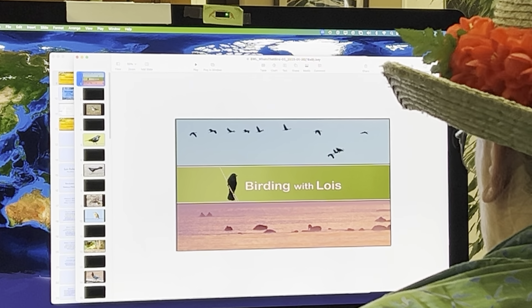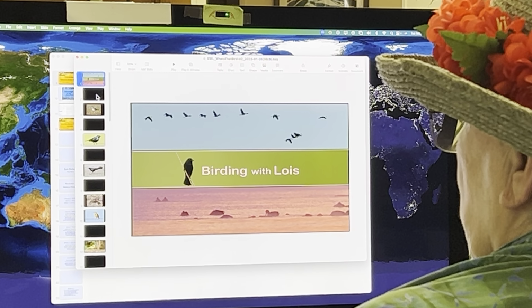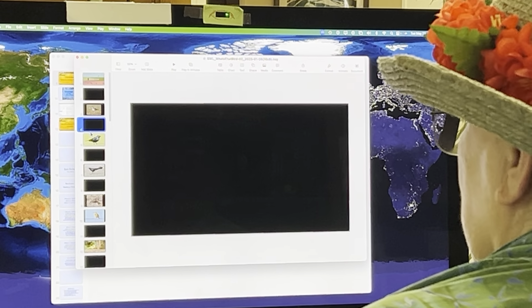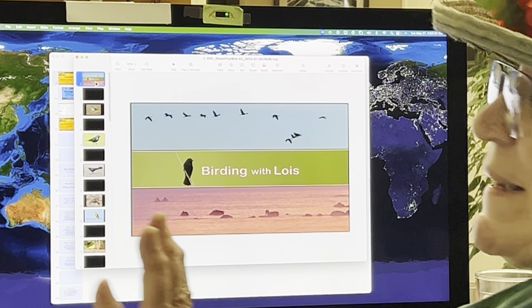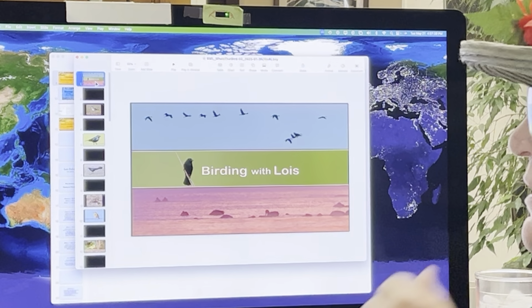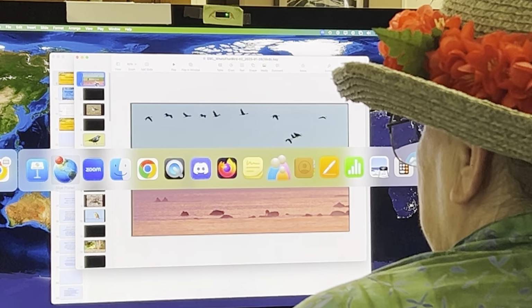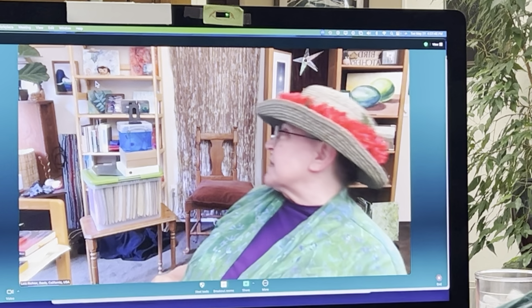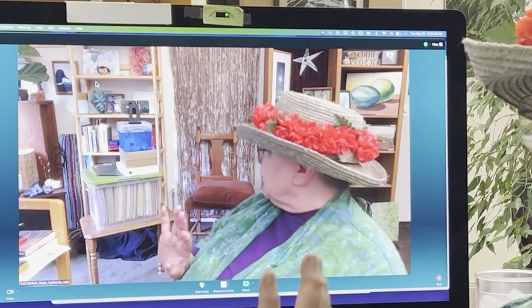In fact, I think I'll make that window a little bit bigger so it's easier for me to get around. And then I'll be able to change the slides as I go. All right, looks good. My slideshow is now ready to go. Then I'm going to open Zoom. And obviously I already had this up and running and set up and everything, but before the meeting, you'll want